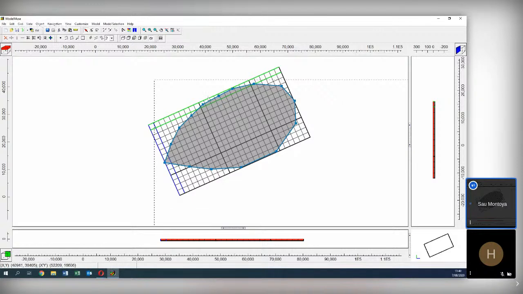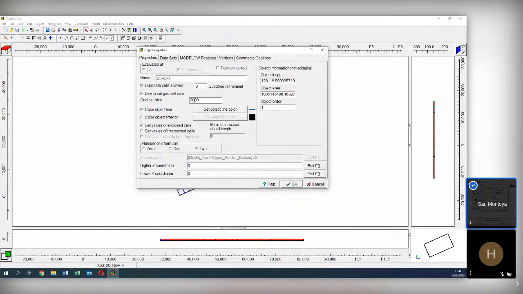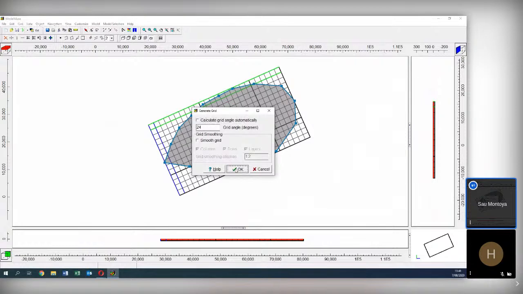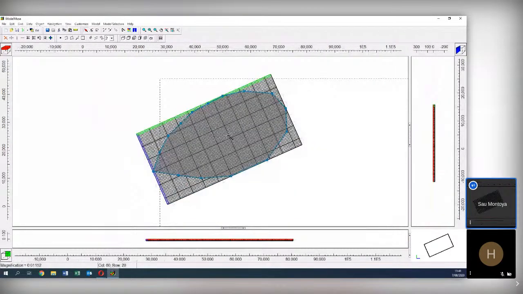I just double click with the red arrow on my basin, and here, instead of typing 2000, I just type 500. Okay, and then once again I do okay, and here I have a denser grid.